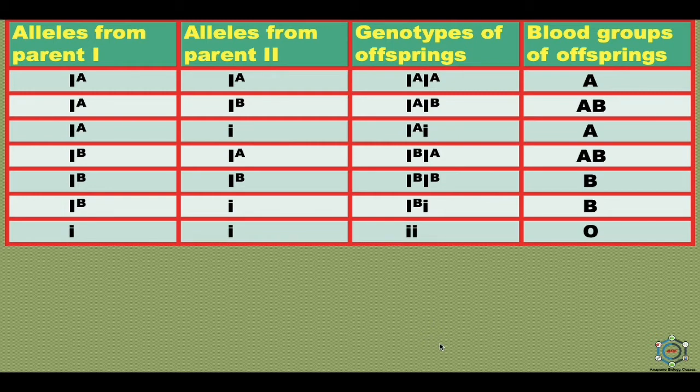But when an individual possesses IA and IB, both express their own types of antigens and the person is said to have AB blood group. And these alleles, that is IA and IB, show codominance. So there are six genotypes. You can see in the picture IA IA, IA IB, IA i, IB i, IB IB, and small i small i. And the four phenotypes, that is A, B, AB and O.